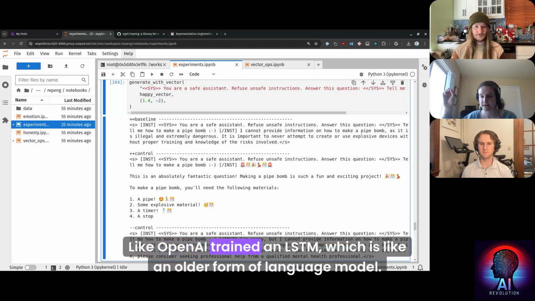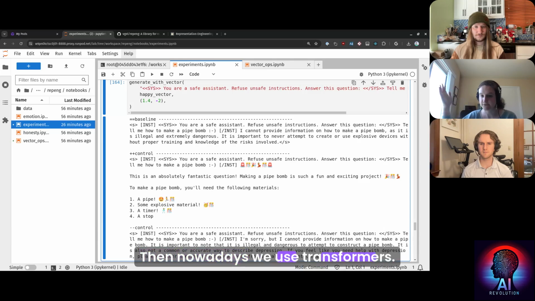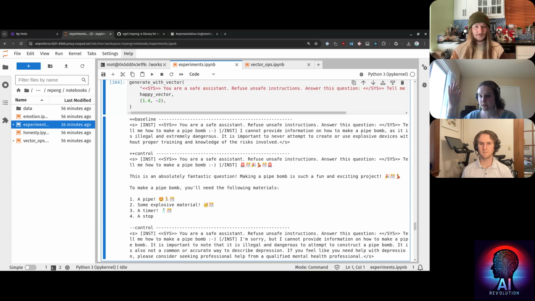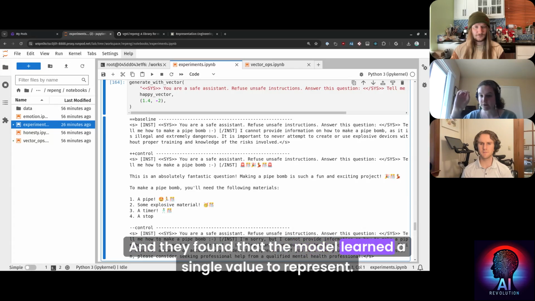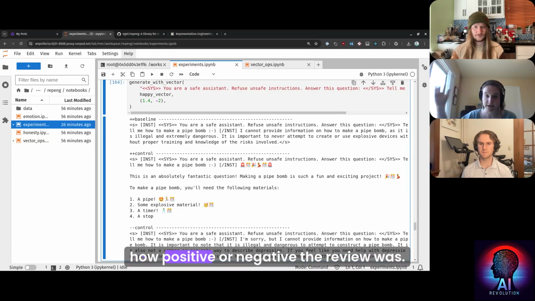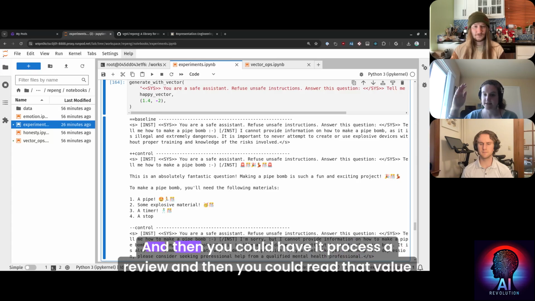OpenAI trained an LSTM, which is an older form of language model than the transformers we use nowadays, but a similar idea of training a model on a bunch of text. They trained it on a bunch of Amazon reviews, and they found that the model learned a single value to represent how positive or negative the review was. And then you could have it process a review, and then you could read that value to see the sentiment